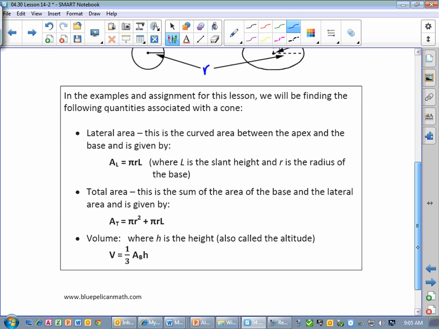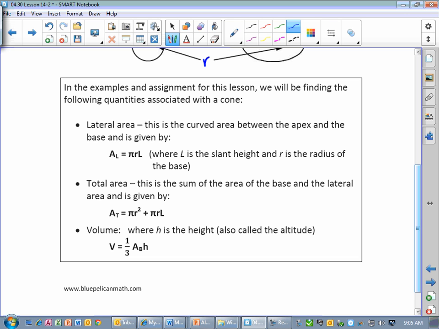Okay. Total area. Well, it's the same idea as everything else. It's the lateral area plus, now, for a cone, we only have one base, so it's the lateral area plus the area of that single base. But again, since the base is always a circle,